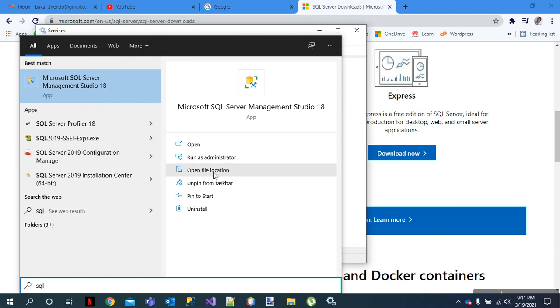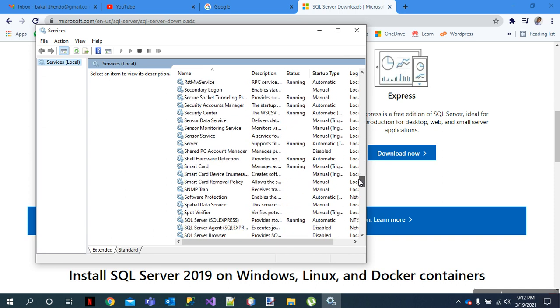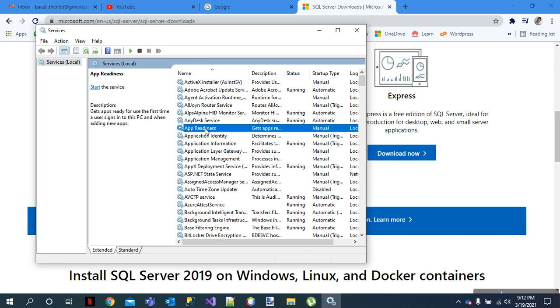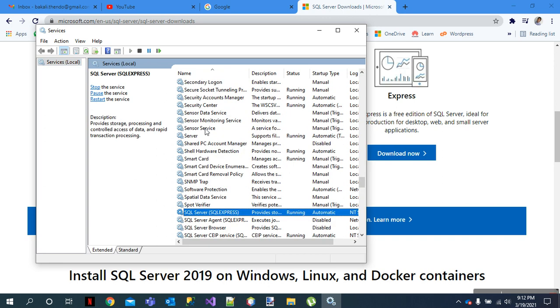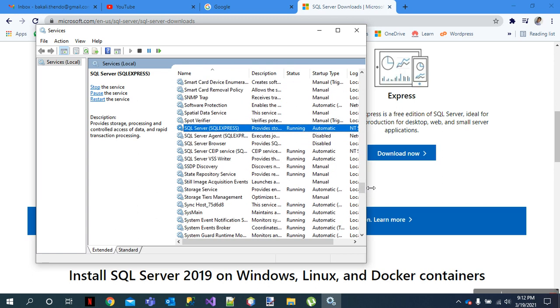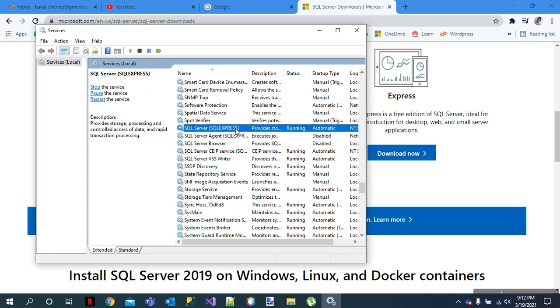So I'll do both steps so that you see what's happening. Under services, you'll be looking for a service. There are so many services which are currently running on any particular machine. You'll be looking for a service that starts with SQL, right? So if I click anywhere here and type SQL, it will take me to all the services that start with the letter S. If you don't want to do that, you can scroll down until you find SQL, and as you can see here, I've got about 1, 2, 3, 4, 5 services that are currently installed on this machine that are related to SQL. The one you are looking for is the actual server, right?